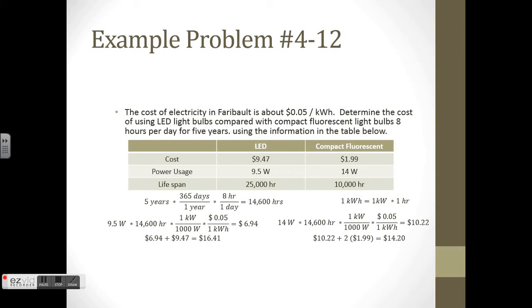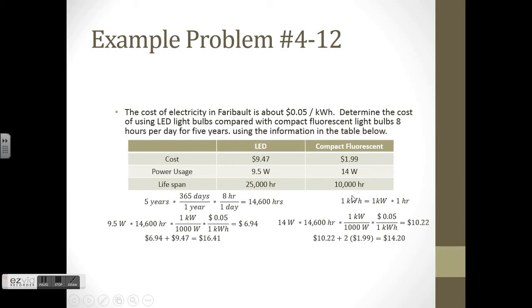So in terms of buying the light bulb, the LED bulb cost me $9.47 to buy. I need one of them to run it for 14,600 hours. So that means the total cost of using the LED light bulb in this case is $16.41. If I do the compact fluorescent bulb, if it has a lifespan of 10,000 hours, I have to buy